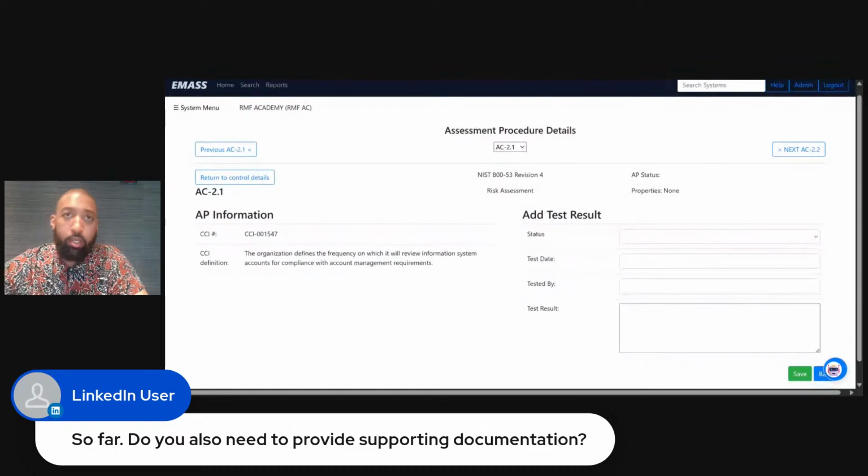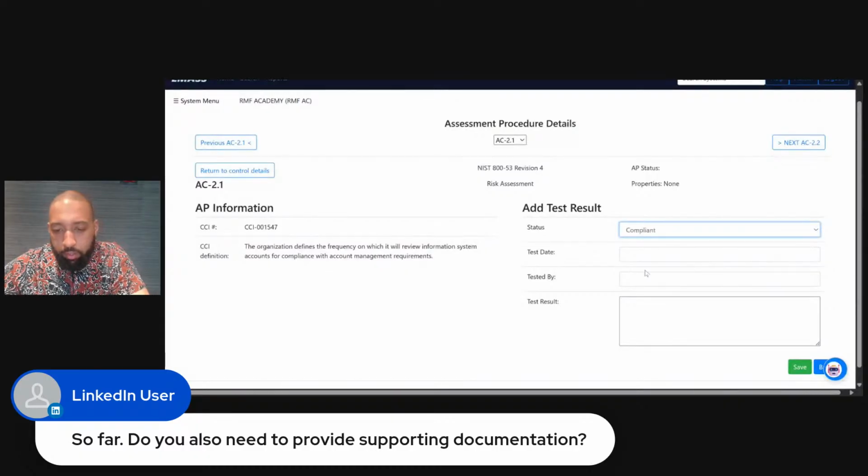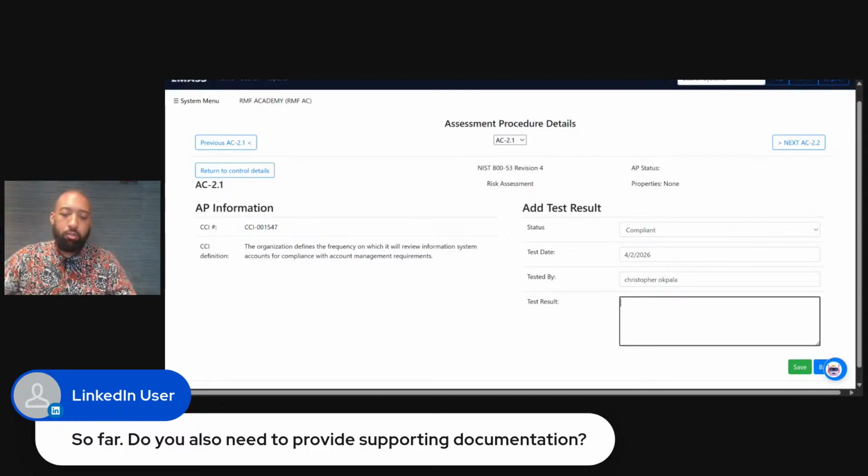So in this one, what you would do for this control is the organization defines the frequency on which it will review information system accounts for compliance with account management requirements. So if you're going to do that, again, if it's compliant, you're going to put the test date. We're just going to use today's date. Tested by, I'm just going to put my name. And for example, if you're testing a control, you can say, hey,